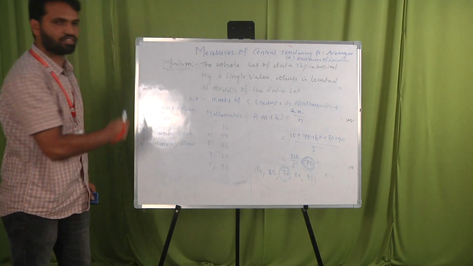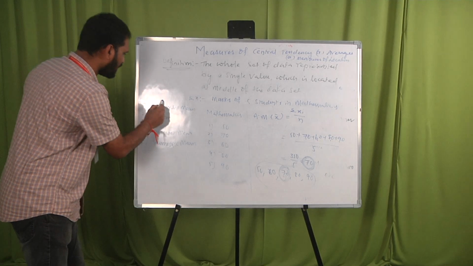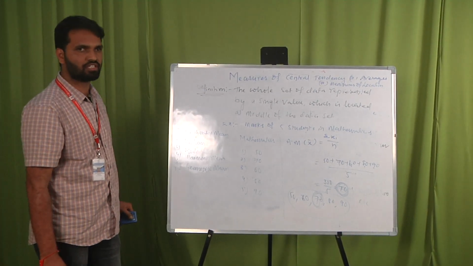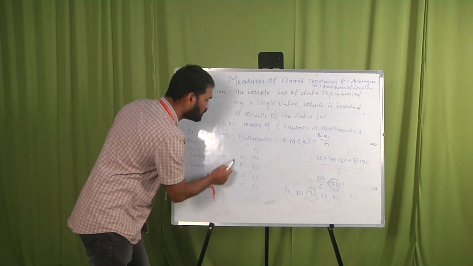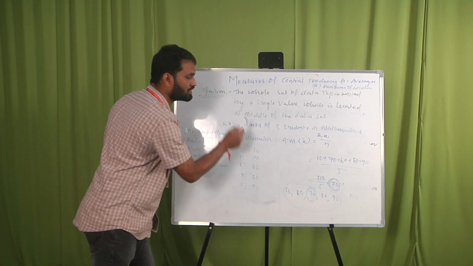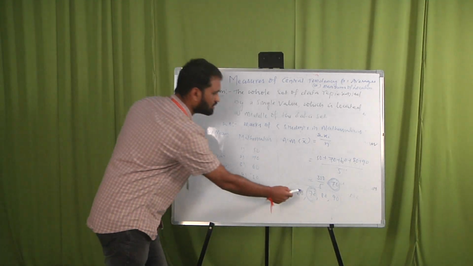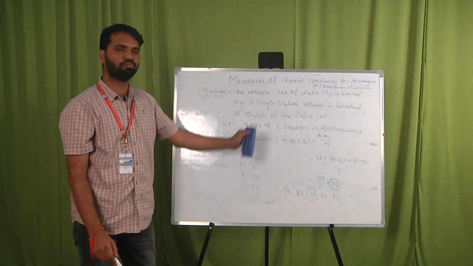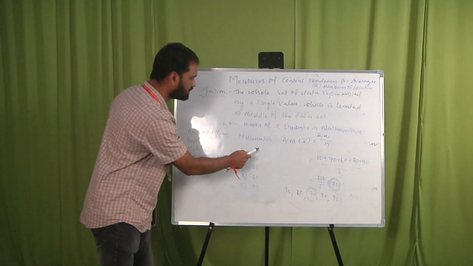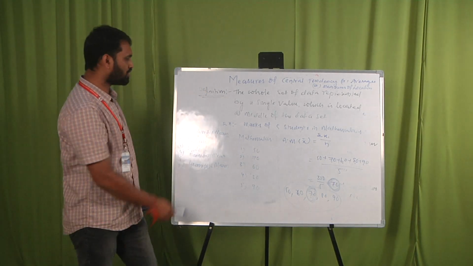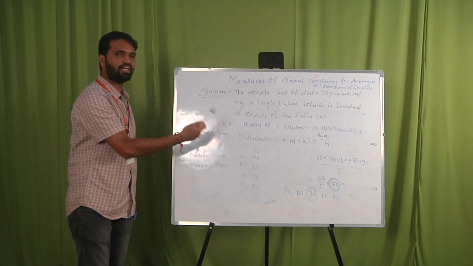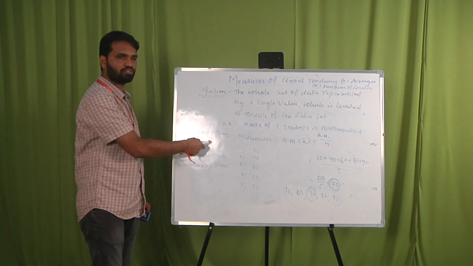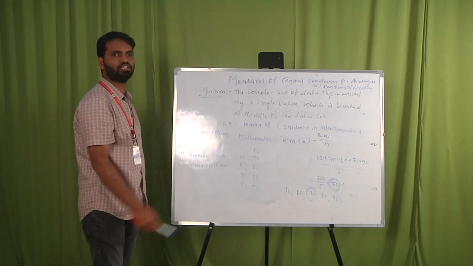Which is the best one? Among these five, arithmetic mean is the best measure of central tendency. Therefore, we have to calculate arithmetic mean for this type of data. Arithmetic mean is nothing but sum of observations divided by number of observations. That is why we calculate the arithmetic mean for this data. So why is it good? Why is it called a good or ideal measure of central tendency?